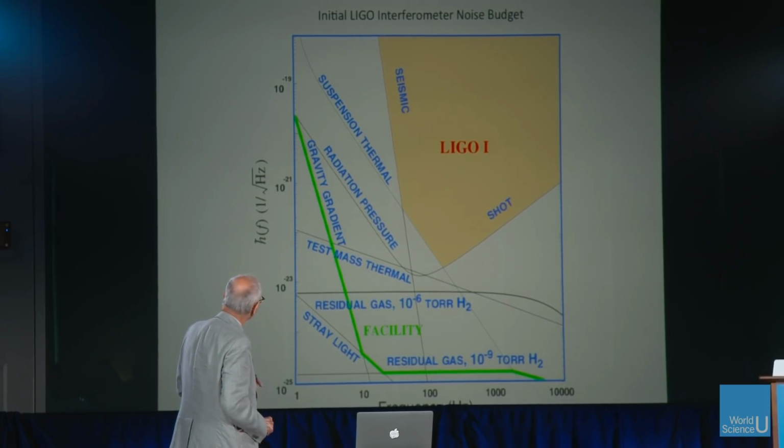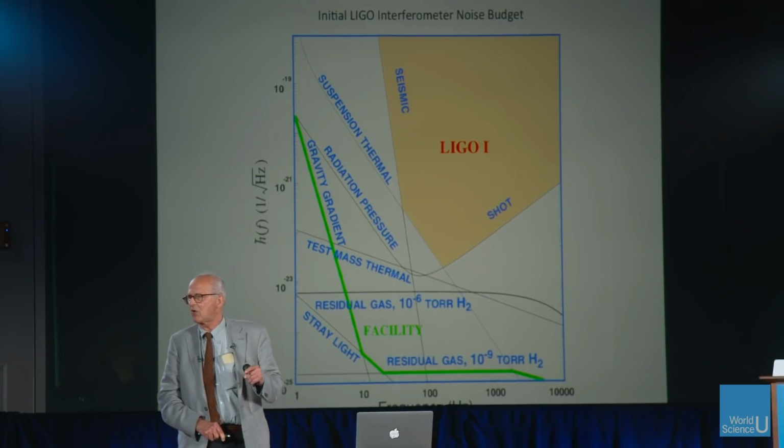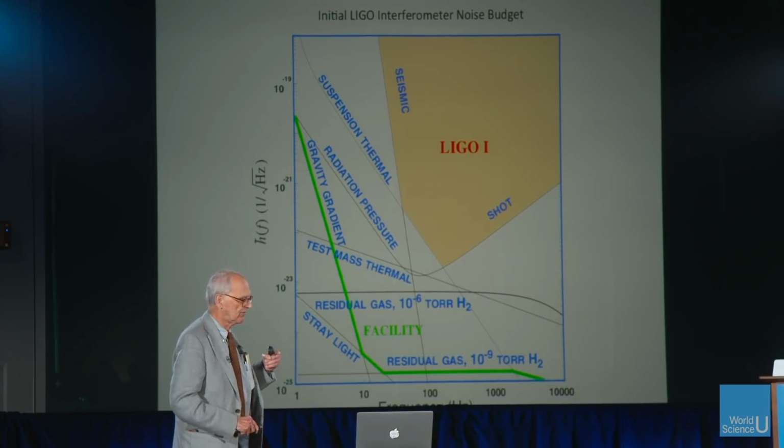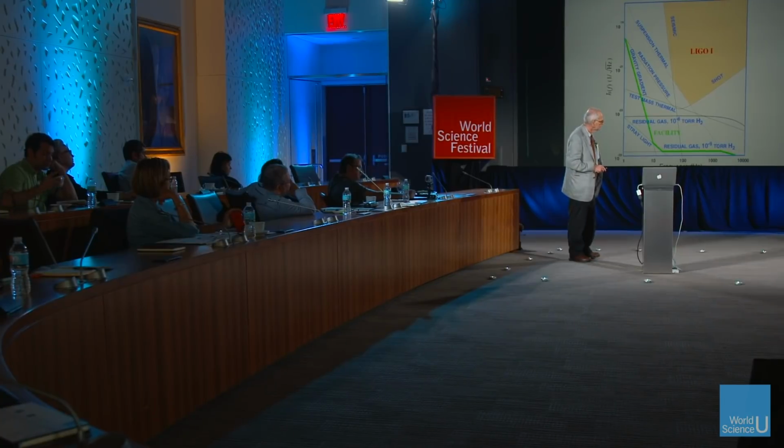So here, then, is a noise budget for this. This is now, what are the things that disturb the measurement? And the reason we did all these tricks with the optics is so we can get enough sensitivity so that you can get a measurement. And what I haven't told you, we can get into that regime that Einstein thought was impossible. Namely, I'll be very blunt with you, this detection that we made was at 10 to the minus 21 strain. That's the 2 black holes you'll hear about at the end of my talk. The best they did was make a strain of 10 to the minus 21.